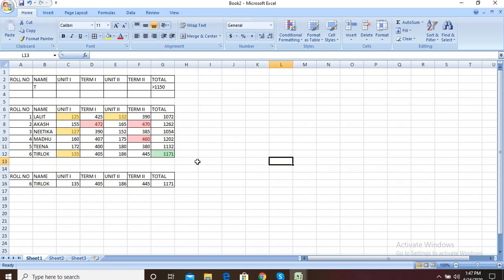Hope you understand this practical. If you do not understand this practical, see this video again and again and do the practical on your own. And after completing this practical, send me your Excel sheet on my mail ID, that you know what is my mail ID. You are already saying send me the practicals. So on page number 36 and 41, these two pages you have to cover in your practical assignment. Okay, thank you.